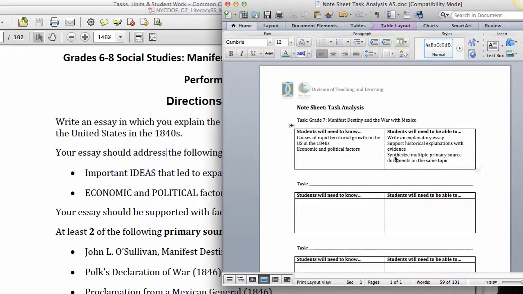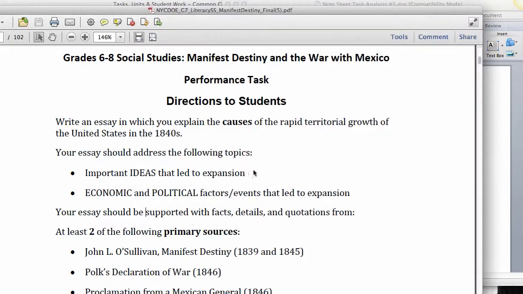Which also leads me to this next piece, which is that students will need to be able to synthesize multiple primary source documents on the same topic. So they're going to need to be able to read these sources and figure out information that would be relevant to pull from them, and also think about how that then contributes to their overall explanation of the causes of rapid territorial growth. Once you have an opportunity to look at a task that is aligned to your grade level,